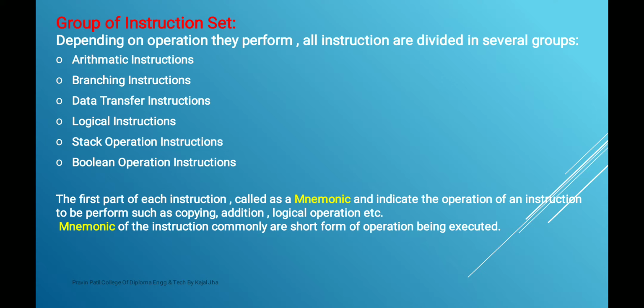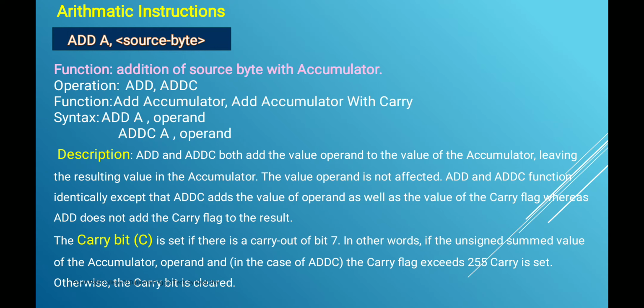For example, INC R2 means the mnemonic is increment. INC is a short form of increment, so INC is the mnemonic of that instruction, increment register R2. After that, LJMP exit: LJMP is the short form of long jump, so it is the mnemonic of the instruction. So long jump to exit, where the address is specified as lab5. Like that, one by one we will now discuss the instructions.